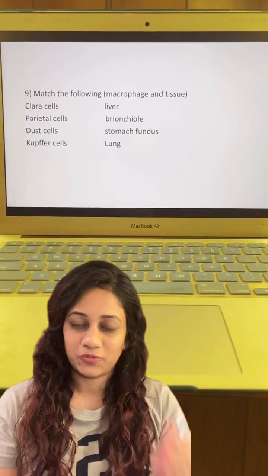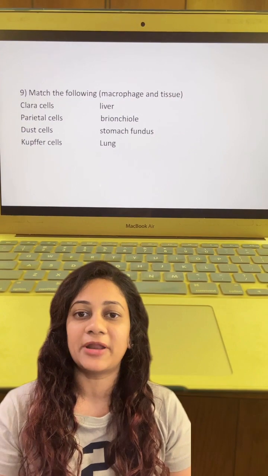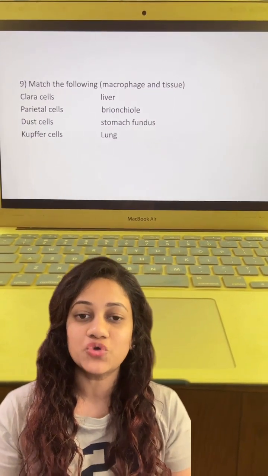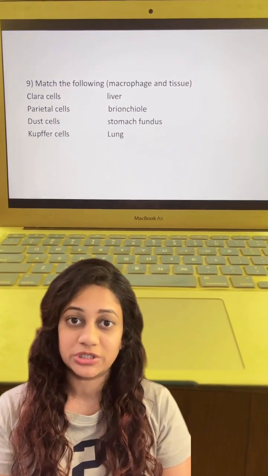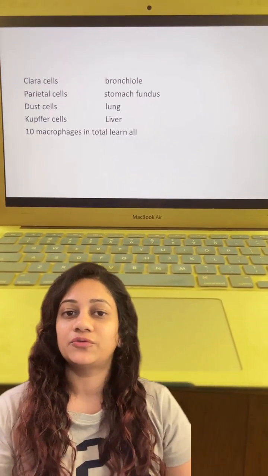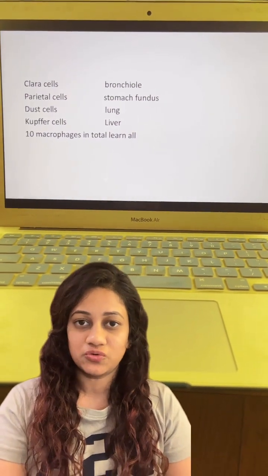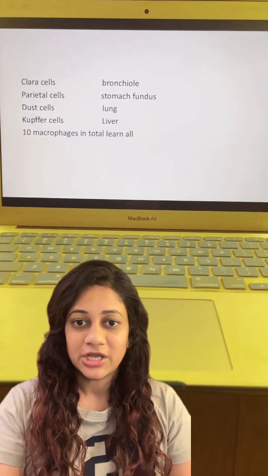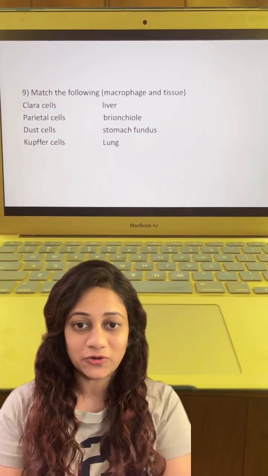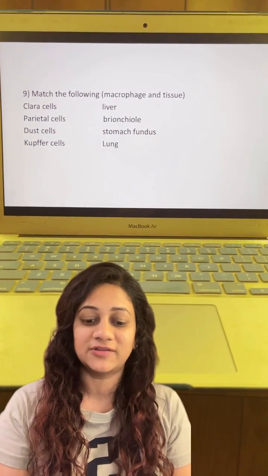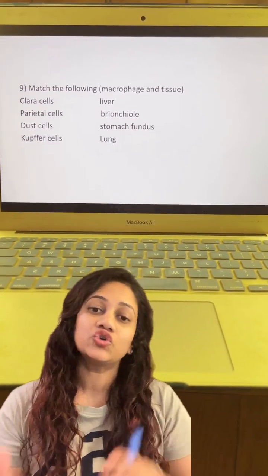Match the following type questions are also asked in INI-CET. In this case, Clara, parietal, dust, Kupffer cells are given, and you have to match them accordingly with the tissue they are associated with. So Clara is associated with bronchiole, parietal with stomach fundus, dust cells with lungs, and Kupffer cells with liver. These are macrophages, and I have mentioned that in the bracket, but it was not actually mentioned in the exam. So you should know that there are 10 main macrophages and they are associated with 10